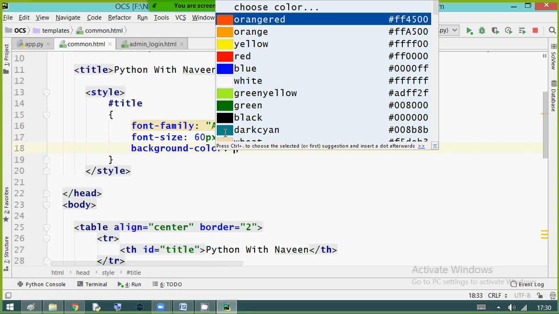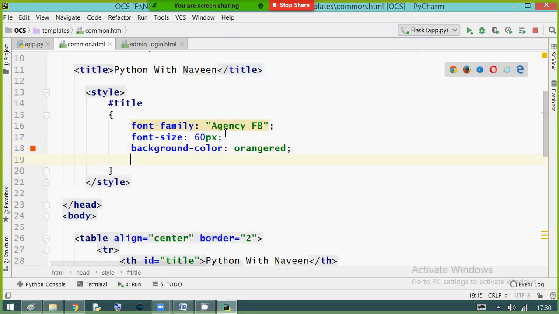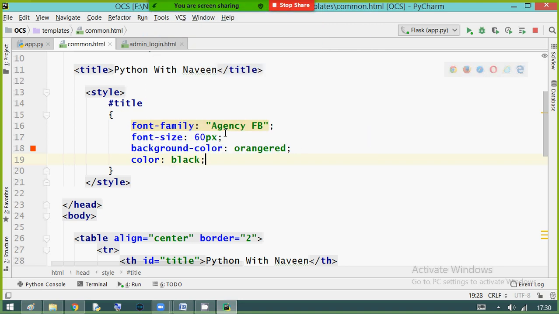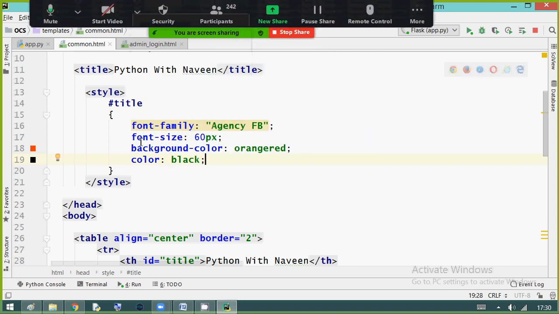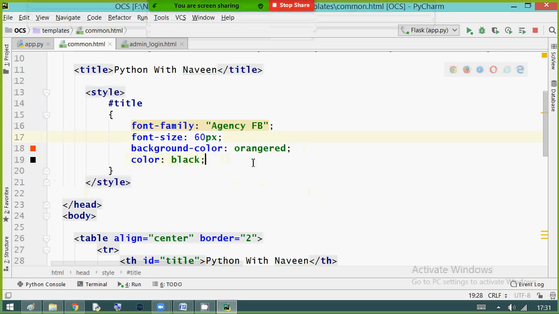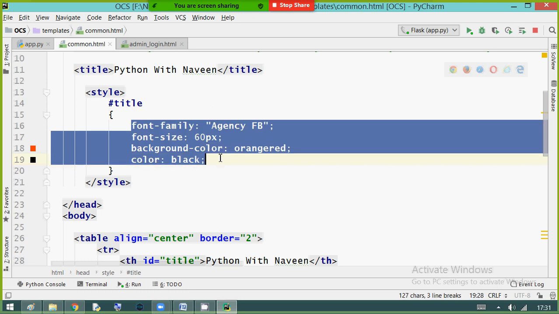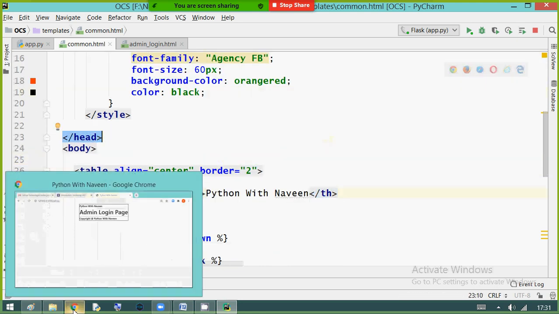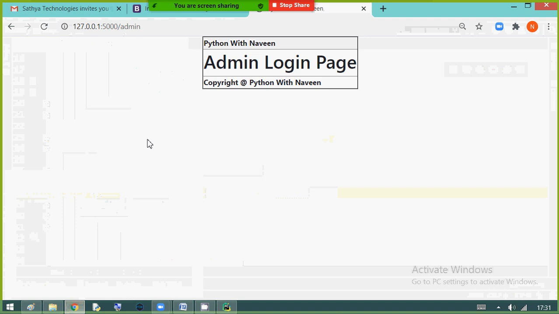Background color I'm taking as orange red, and the color, meaning the text color, I'm taking as black. So font family, font size, background color and color I have taken. All these are applied to my title. Let me see the output. Go to my browser and refresh. No effect, no changes.